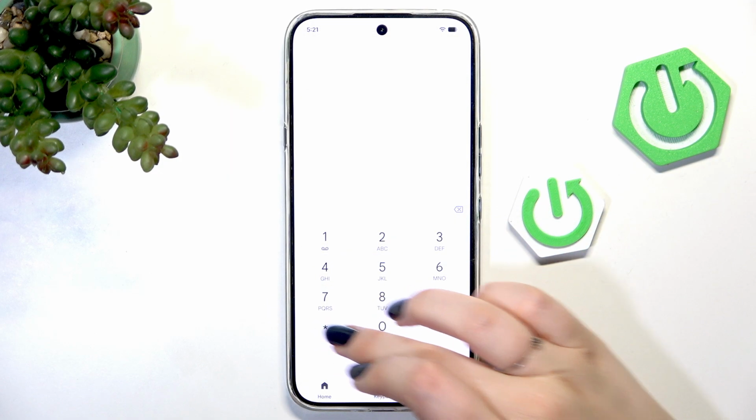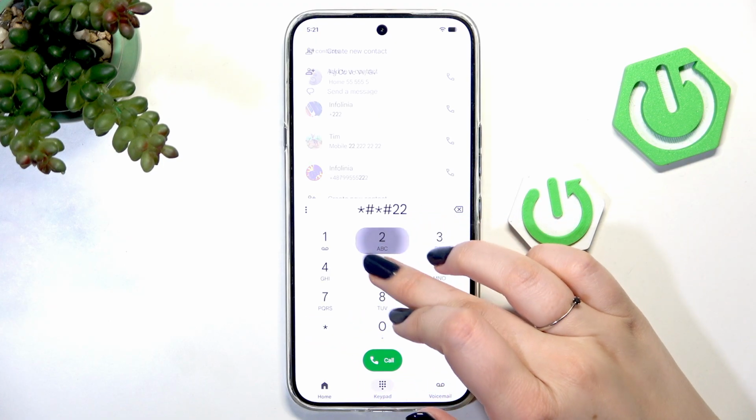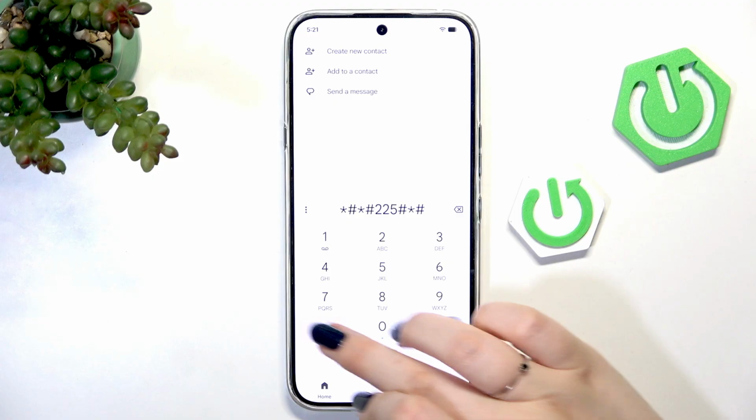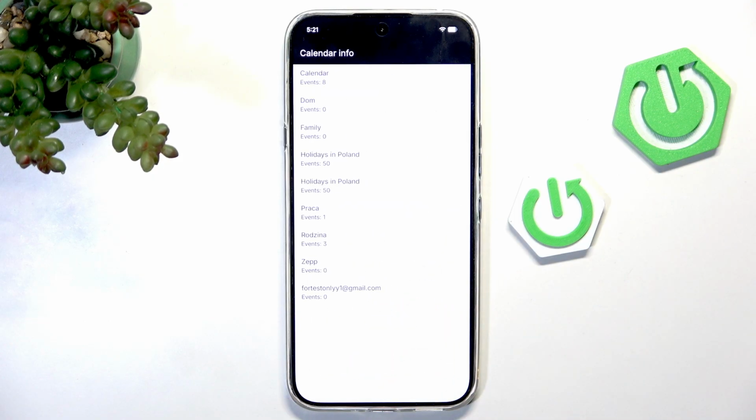Another code is *##225###. And here we are in the calendar info. So here we've got all the events gathered in one place. We can check some family events, some holidays in your country should also be right here, or events attached to